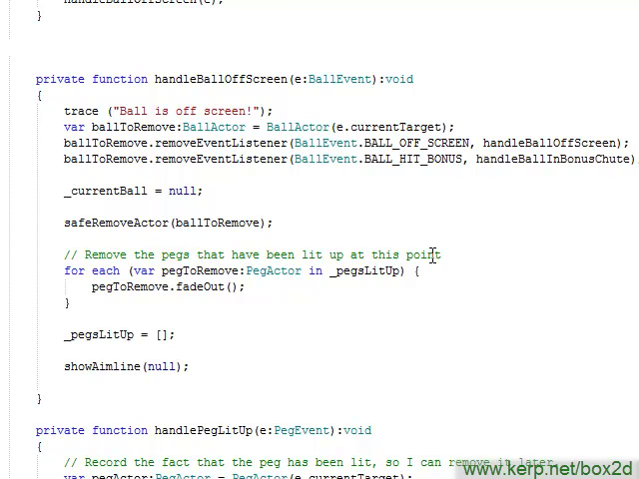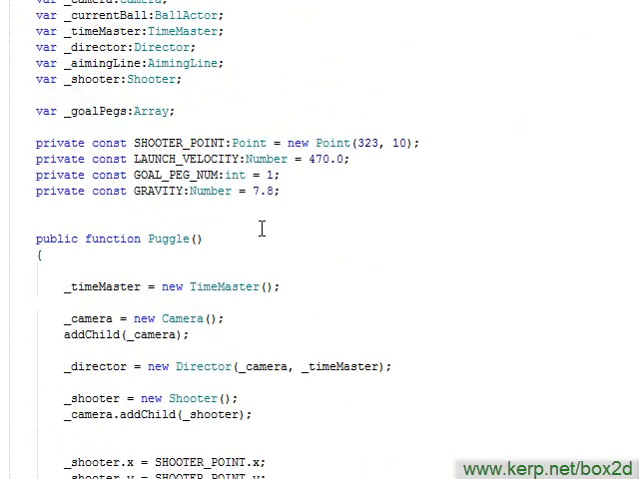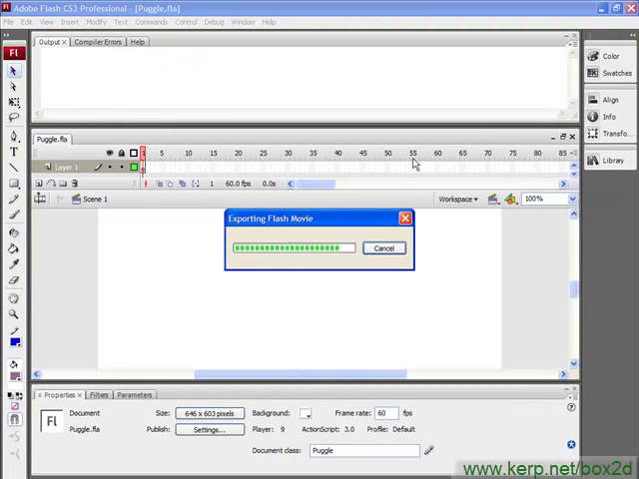So let's see what happens when we run this. And actually, I'm going to do one more thing. I'm going to remember to go back up to my gold peg number, and I'm going to put that back up to 22, just so we have a game that looks sort of real again. Now when I run this,